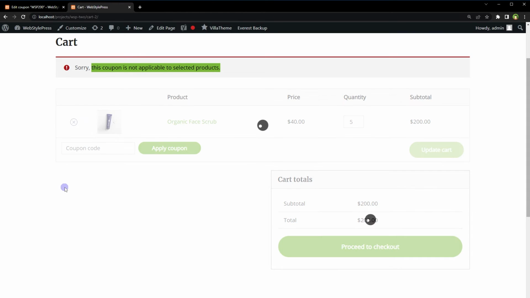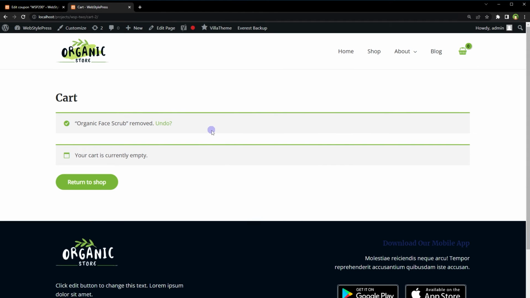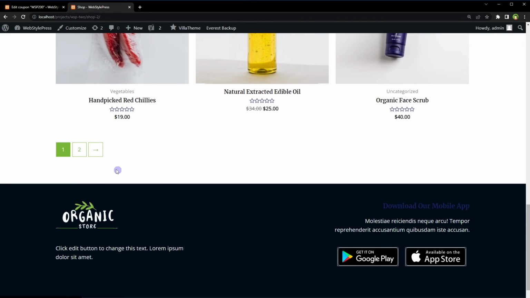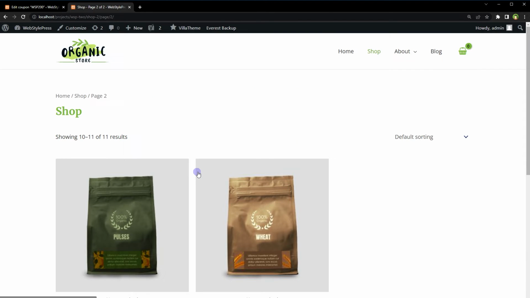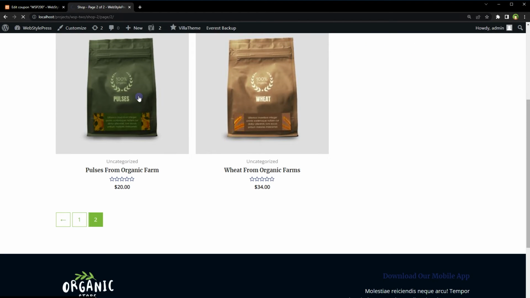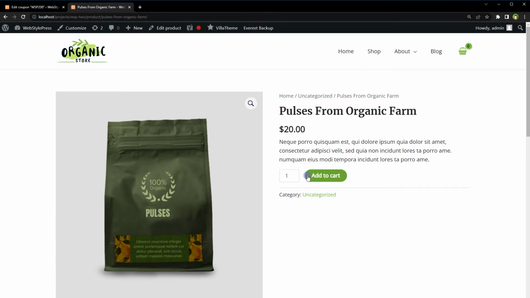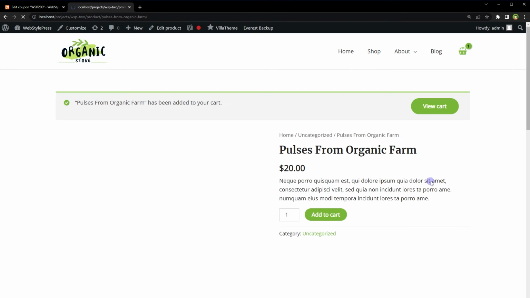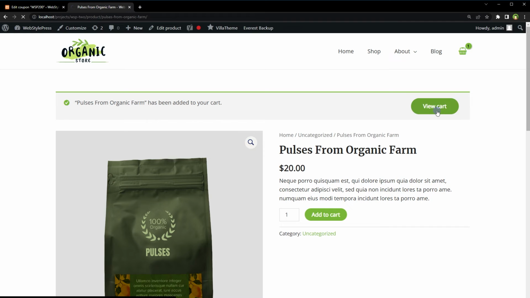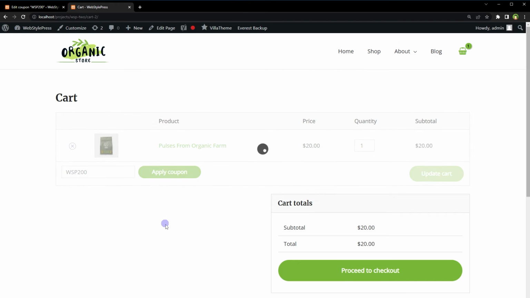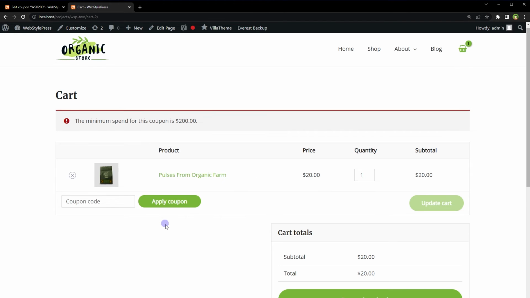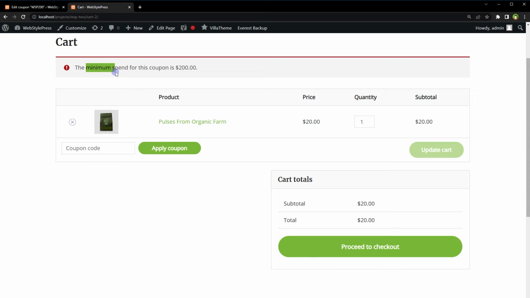Let's remove this product. Go to shop. Add this product to cart. Go to cart. Apply coupon code. Minimum spend for this coupon is 200.